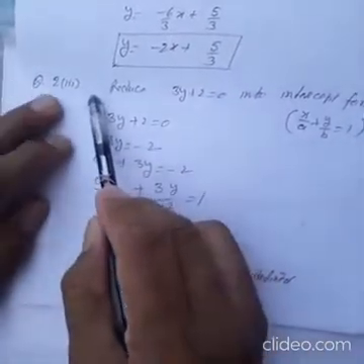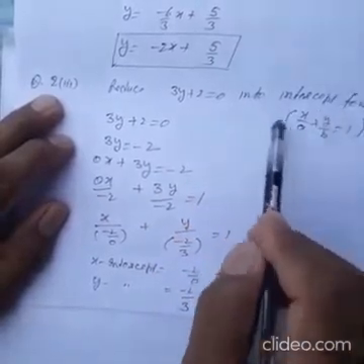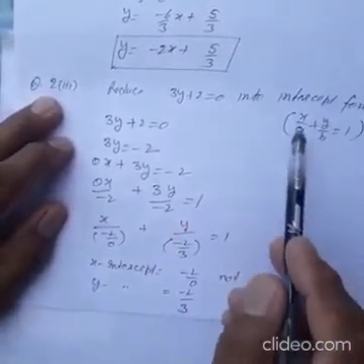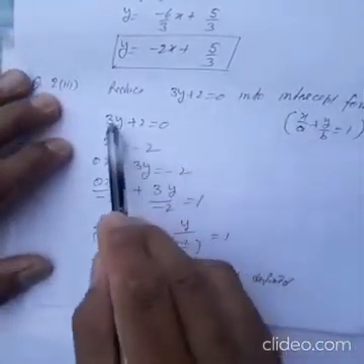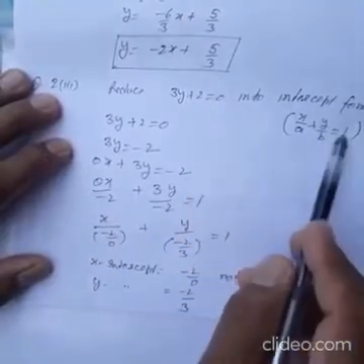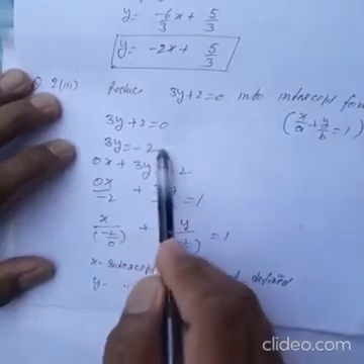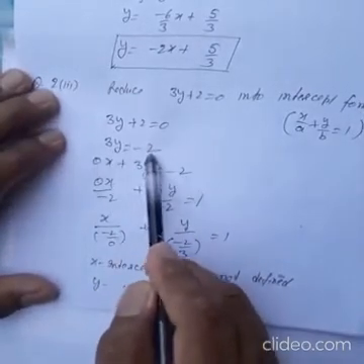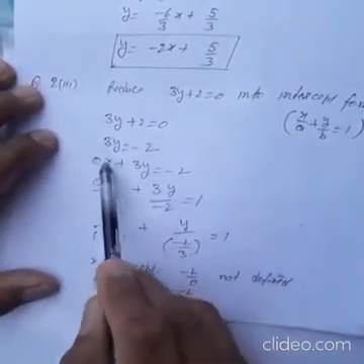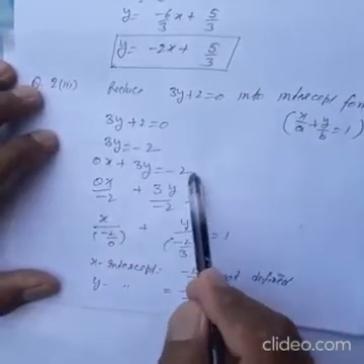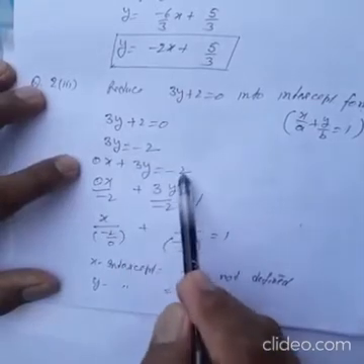Now second question, third part. We will reduce this equation into intercept form of the line. Intercept form is x upon a plus y upon b is equal to 1. So now in this, the constant term should be on the right hand side and it should be 1 only. So you shift the constant to the right hand side. So 3y is equal to minus 2. Now because there is no term of x, we can write 0 into x plus 3y is equal to minus 2. Try to make this term 1 by dividing it by minus 2.